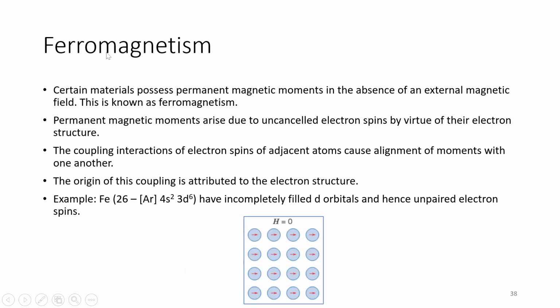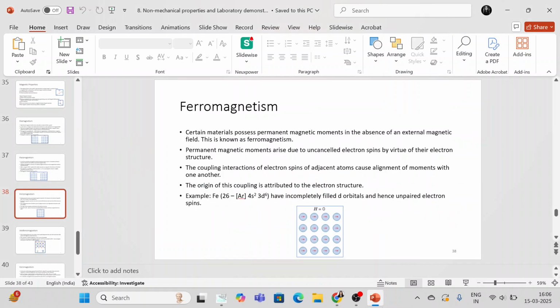Next is ferromagnetism. Certain materials possess permanent magnetic moments in the absence of an external magnetic field, and this is known as ferromagnetism. The permanent magnetic moments arise due to the uncancelled electron spins by virtue of their electron structure. The coupling interactions of electron spins of adjacent atoms cause alignment of moments with one another, and the origin of this coupling